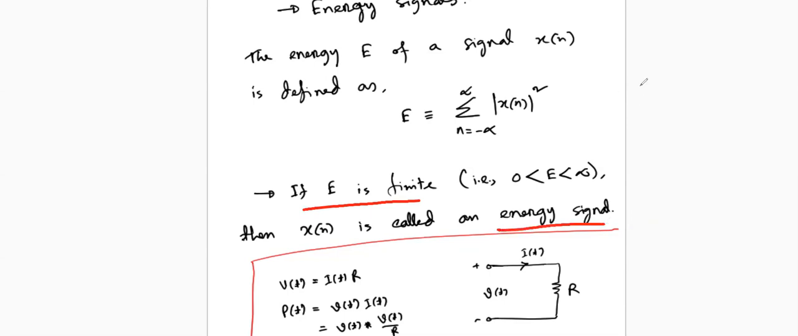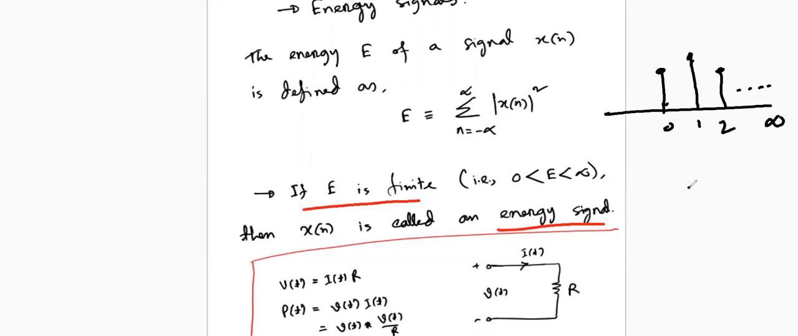Okay. So I have already mentioned that if E is finite, then it is called an energy signal. For example, I have already given one example. Let's say we have this kind of signal, whatever the value, this is 0th sample, first sample, second sample. Of course, it has a finite energy, and that's why this is an energy signal. If we have samples up to infinity, of course, the summation of the square of infinite values from 0 to infinity also goes to an infinite value,